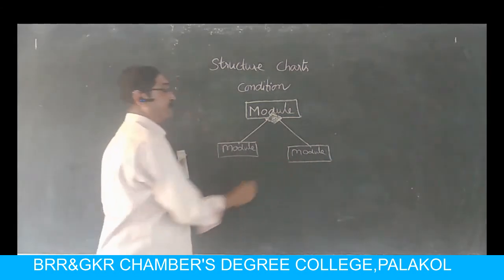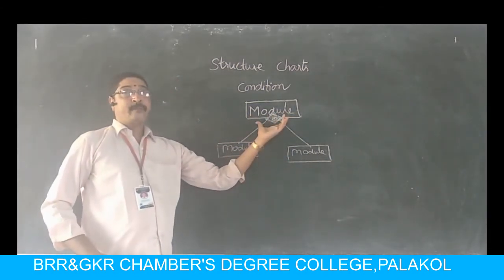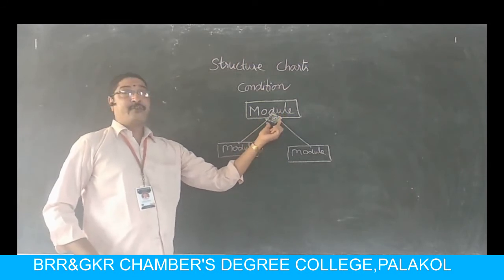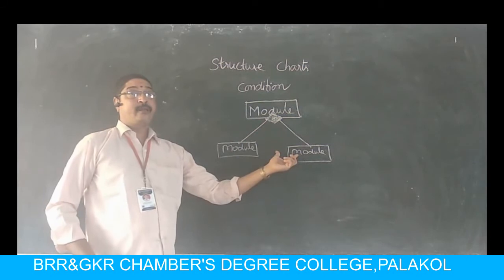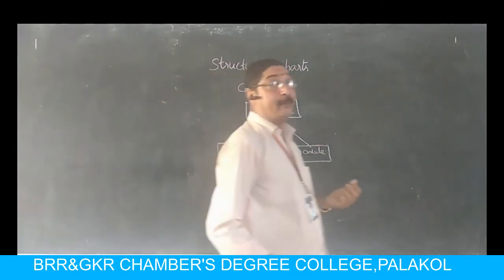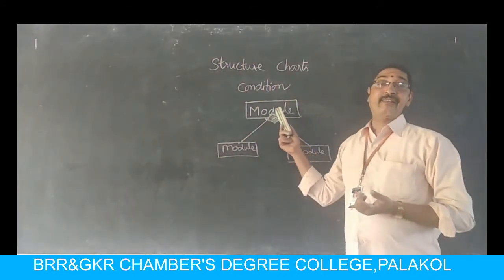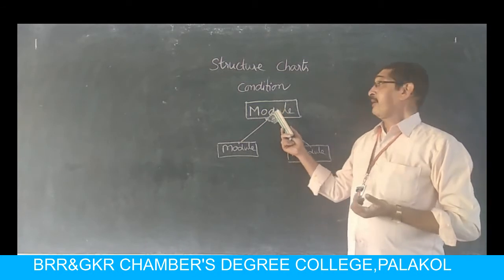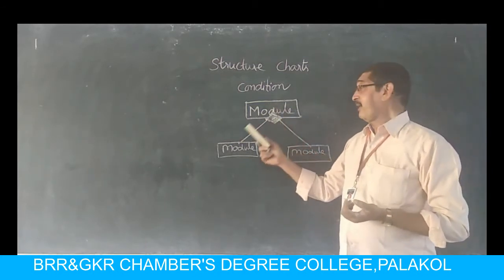Please study this diagram. Here I use a control module, and it has a diamond which shows this is a condition, and it has two submodules. So here is what we can identify with the help of the diagram. Please study this one. This diagram represents that the main module, the control module, will select any one of the conditions.